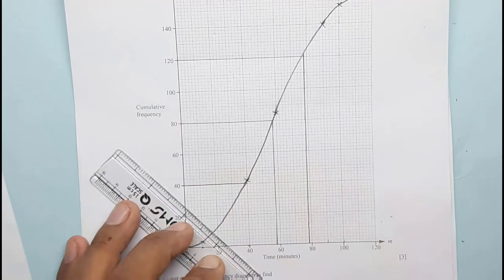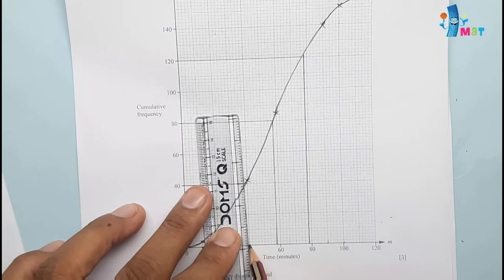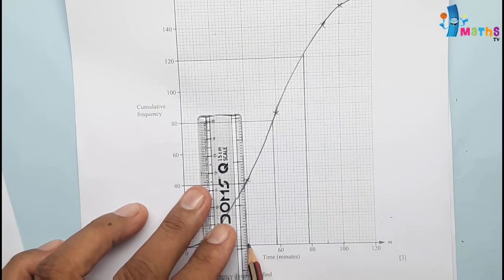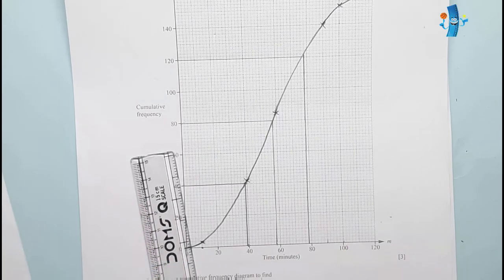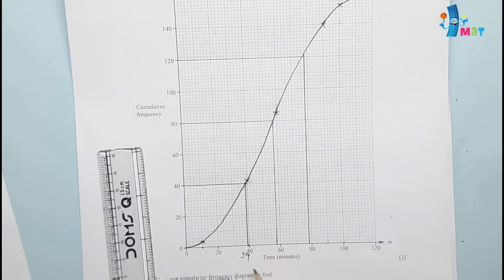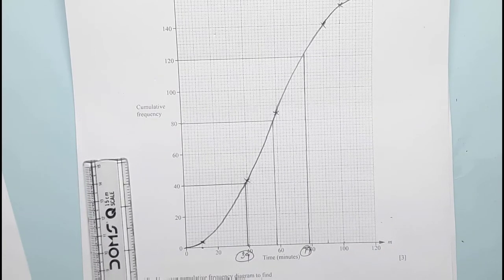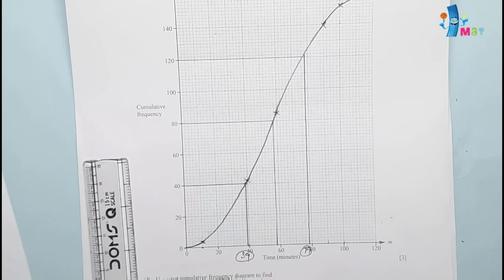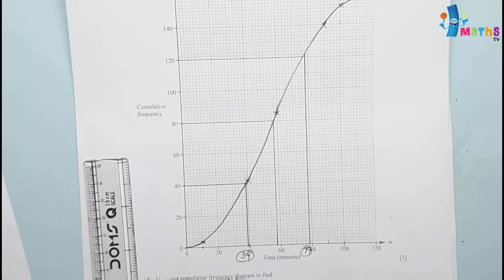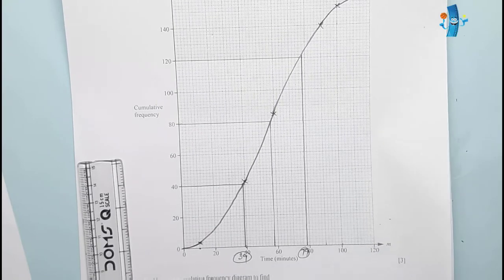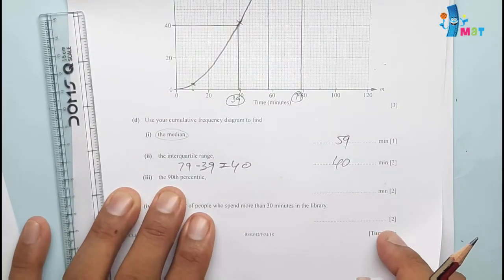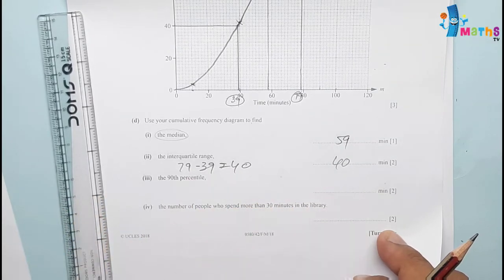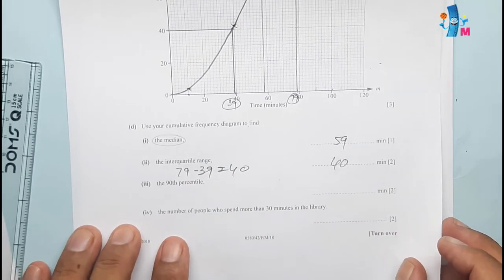This is 40. Hopefully you are following and understanding everything. So this will be like this, a little less than 30. So this is the 39 value, and the 75th percentile is like the 79 value. So the interquartile range will be 79 minus 39, which is 40. So we can write here 40. I'll show you: 79 minus 39 is equal to 40, which is the answer we have written. Then the